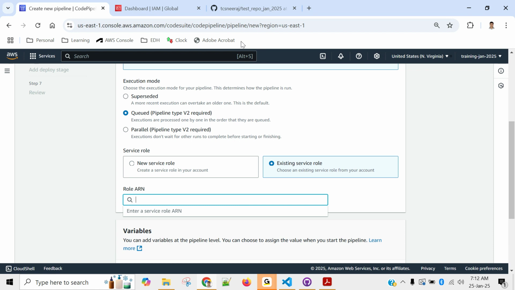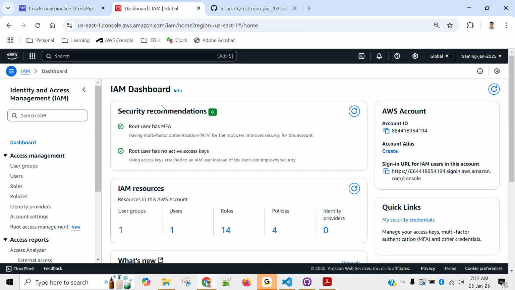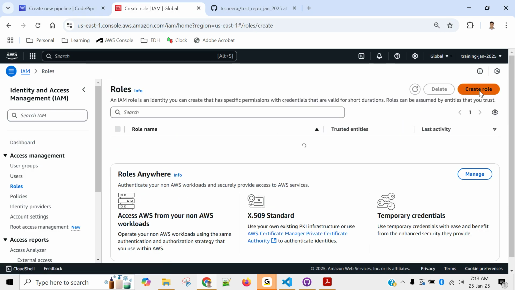We'll create first. Okay, usually I don't go with the, I mean, it can create a service role for you, but it will not add the required permission. So it will definitely break at some point of time. So it's a good idea that you create your IAM role in advance with a meaningful name, with a meaningful description, with appropriate permissions, and then we are good. So we'll go to IAM and click on roles, create role,